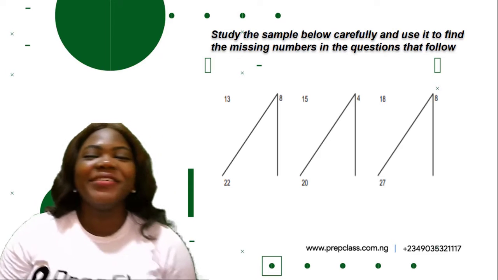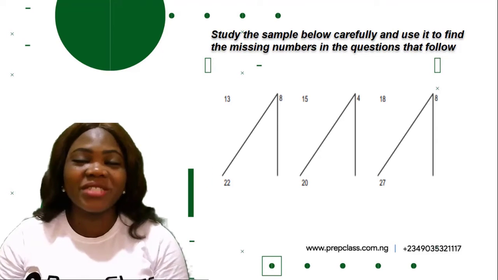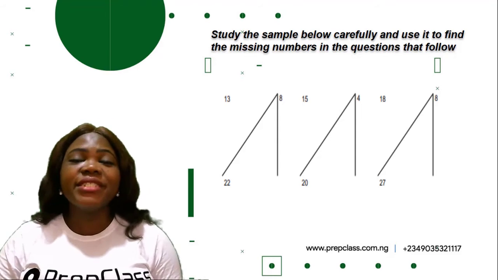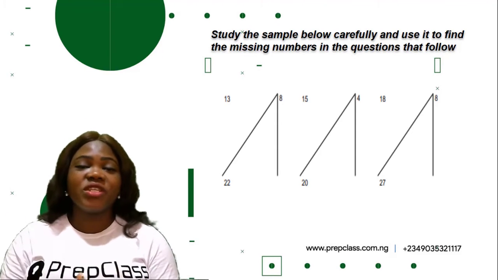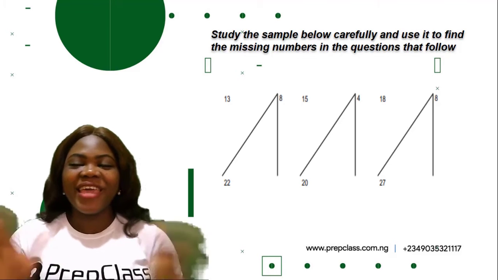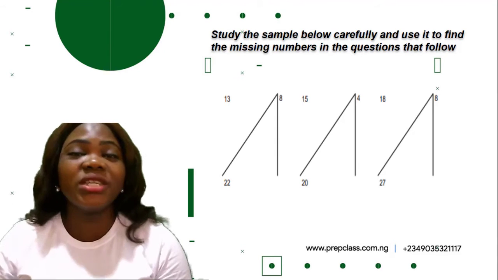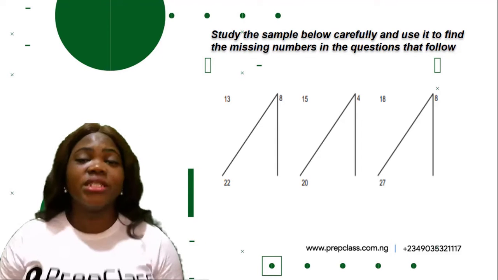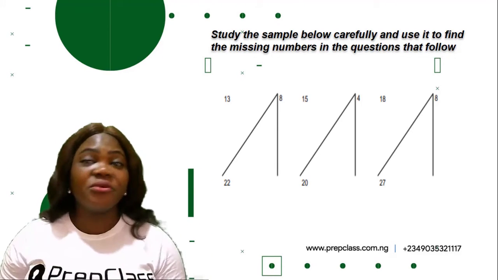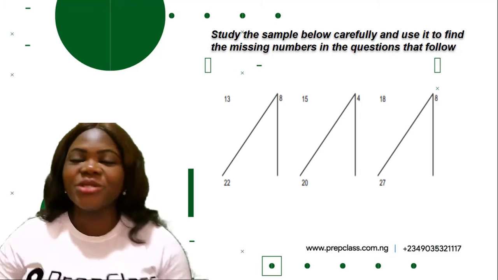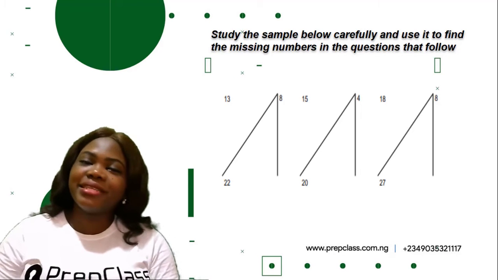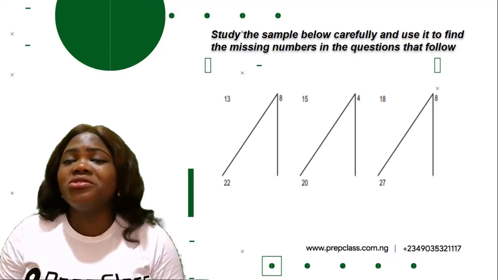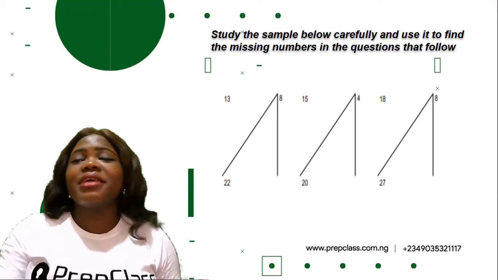Are you ready? So we are given a set of samples to study. Study the sample below carefully and use it to find the missing numbers in the questions that follow. Okay, so here are the samples, so we have to study them. In quantitative reasoning, you're given a set of samples to study. You have to study these samples before you go ahead to answer the questions. So study the samples, find out the math necessary to solve the samples. Once you find the math necessary, then do the math and check your answer,